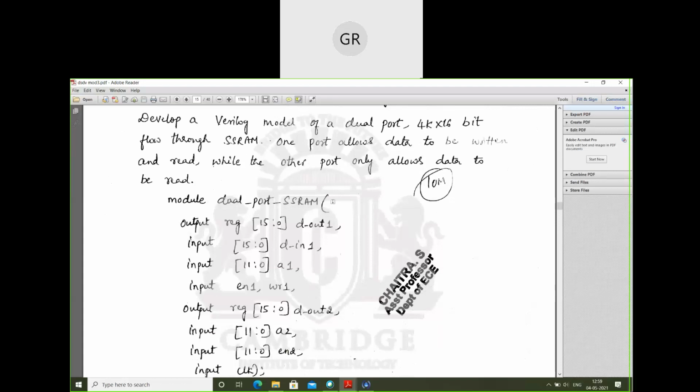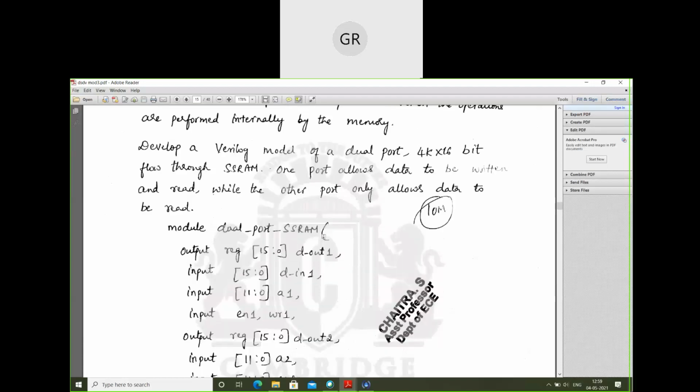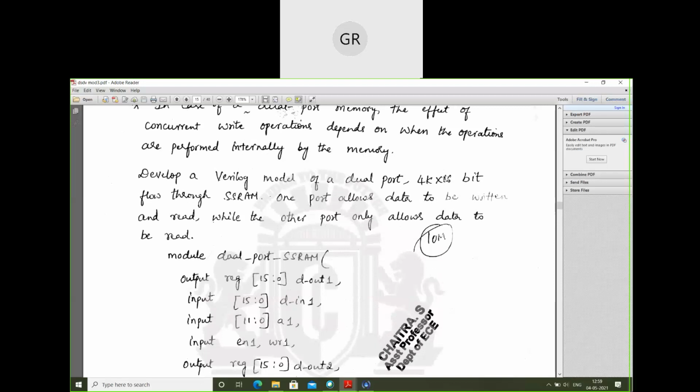The ports are the output register 15 to 0, D out 1. Here the output is how many bits? 16 bit. Then 4K. 4K means 4000 address lines. How many address lines? 4000. For 4000, what is the number of memory address bits? Log of 4000 divided by log of